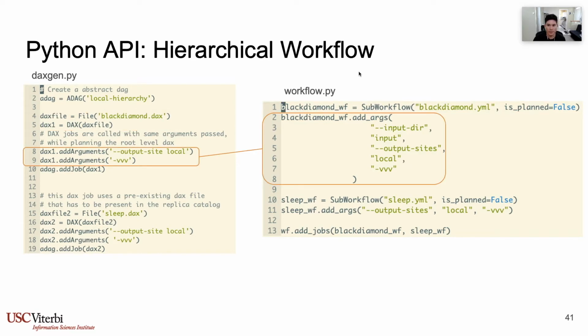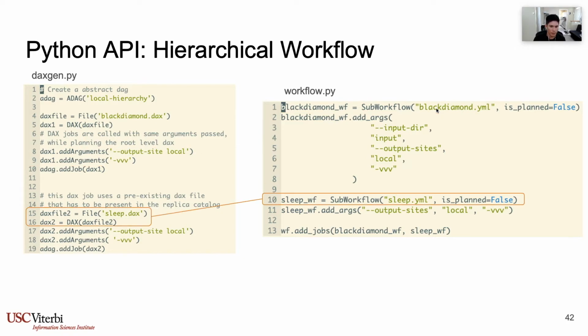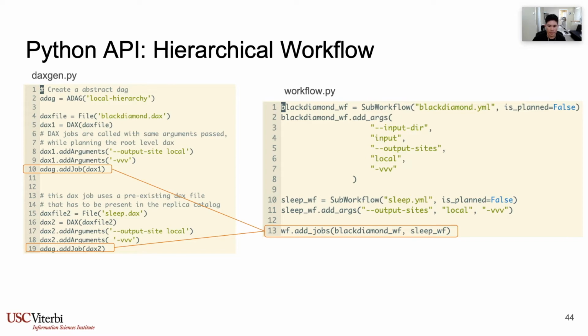The next thing is to add some arguments to this sub workflow. So previously this was addArguments being camel case, and now it's add_args. And all of these arguments that you pass here are the arguments that will be passed to pegasus-plan when it gets to processing this abstract workflow file. And again, we'll add another sub workflow job, add some arguments, and then finally add those jobs to the whole